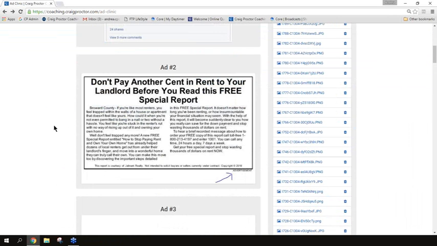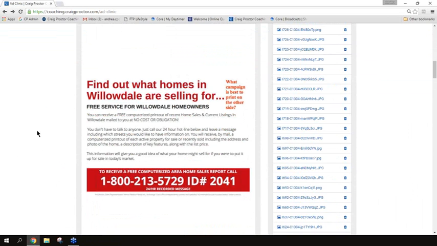If you're going to do that in the newspaper, you could do something like that. But reserve the editorial ads. If you're going to run an editorial, offer a free special report. It will work better. It will generate more sellers, and that's obviously the reason you're doing it. So if you want to generate sellers, run an ad that says, avoid these critical mistakes when selling your Broward home. Free special report reveals what to do.